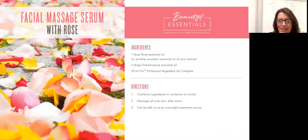So here was our recipe, and these will be on your USB or very soon to be on the virtual office. And this is what most people got to take home with them at the event. I don't know how you guys use it, but I put my eye cream on, my couple of moisturizers, depending on whether it's the morning or the night. I usually only use the toner at night because I use the wash in the shower in the mornings. So I'll put the moisturizer, maybe Sheila May, and the intensive moisturizer, or some days I'll use the light moisturizer, and